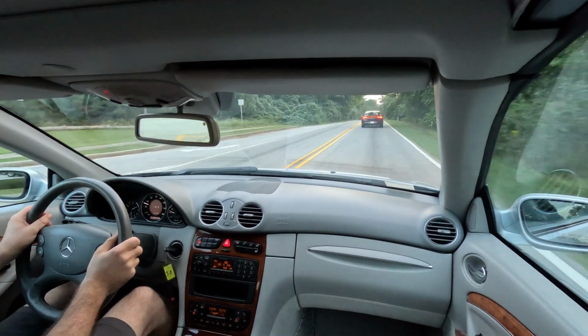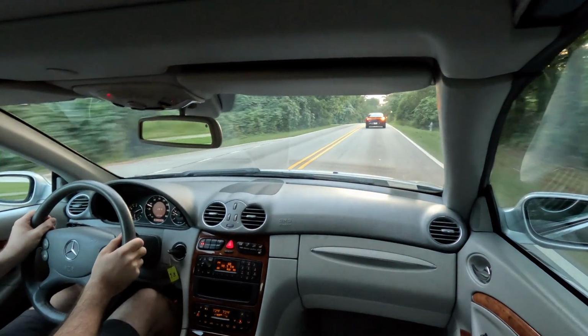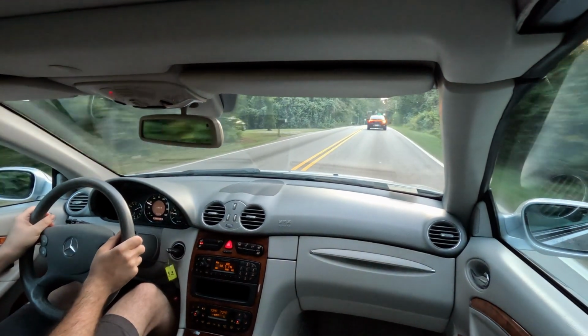Get to show the driving performance of the car. I think there's just too many vehicles out, but